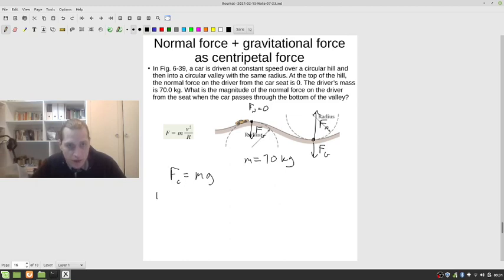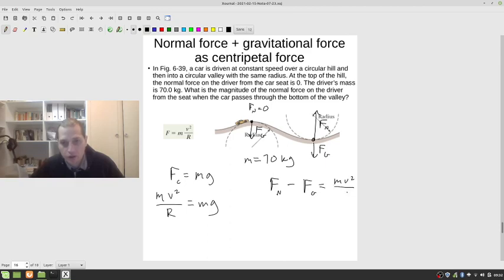So mv squared over r equals m times g. In your second case, you have the normal force minus the gravitational force equals